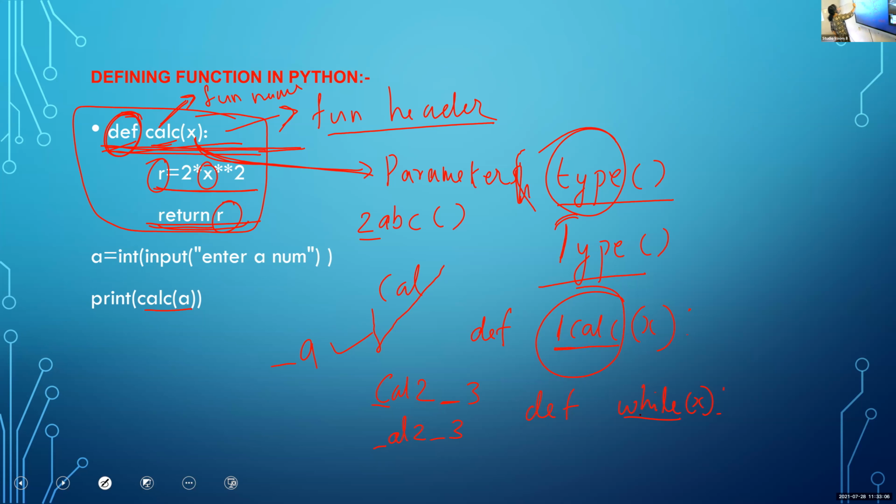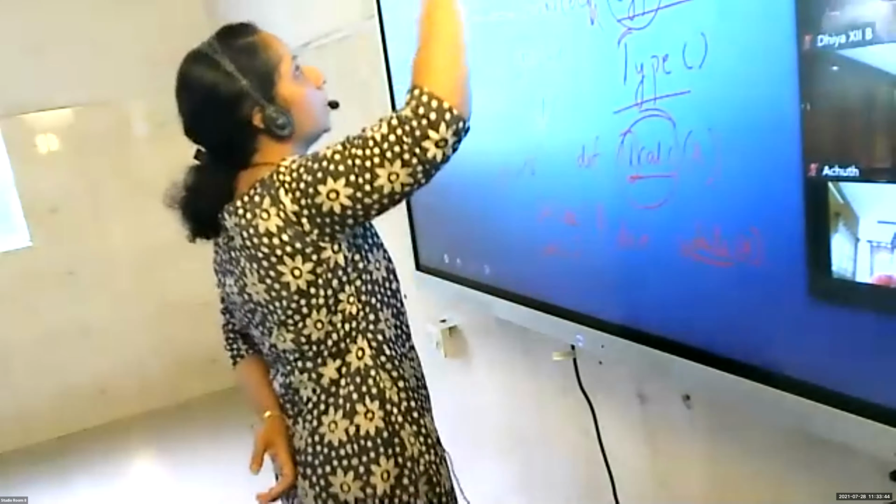In the case of a function name, we can use any name depending upon the user, but it must be a valid name. Valid name means it must begin with either an alphabet or an underscore. We cannot start a function name with a number, and we cannot include a special character other than underscore. If I use a star here, this is invalid because star is not allowed in an identifier name. Only one special character is used in identifier names, the underscore. These are some rules related to identifier names.